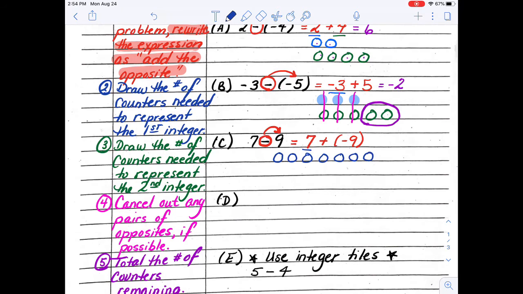And then we're going to go ahead and get 9 negative counters. 1, 2, 3, 4, 5, 6, 7, 8, 9. Now let's look for those pairs of opposites. Oh, these are definitely opposites. So I'm going to cross those out, and what I have left